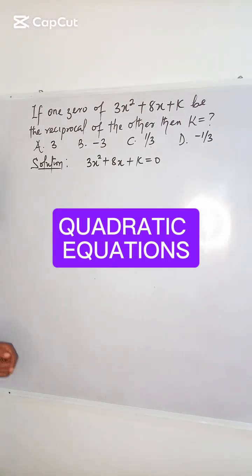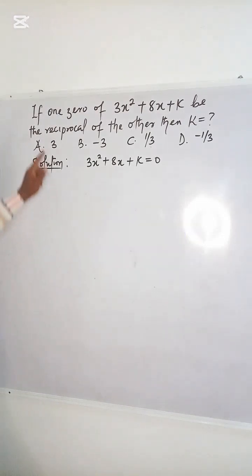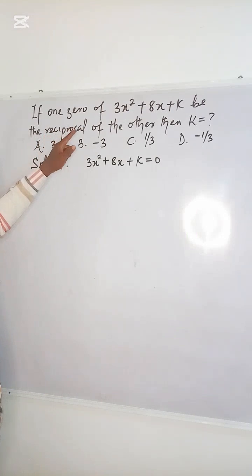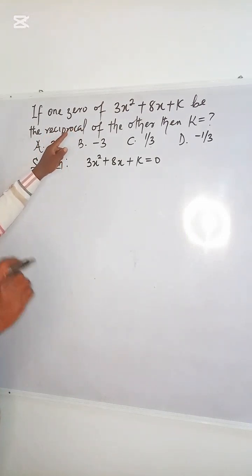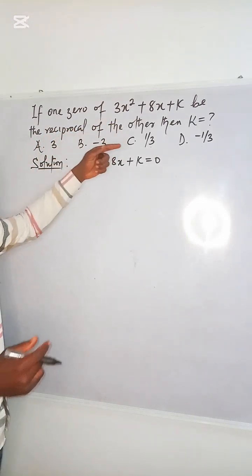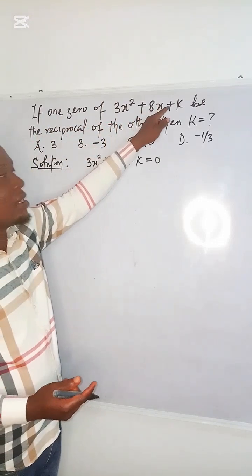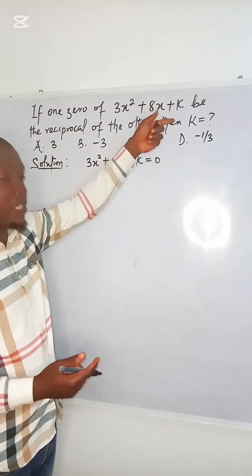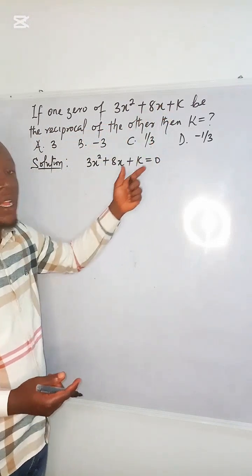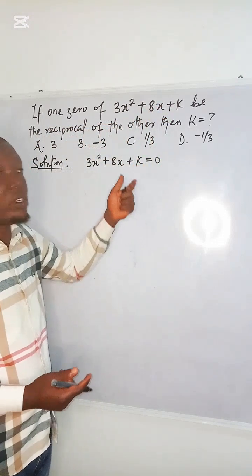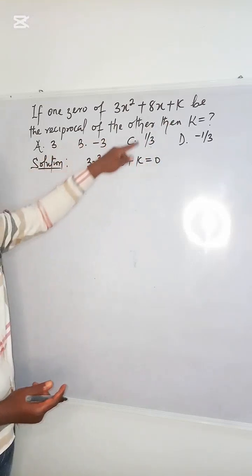We still have a question about a quadratic equation on the board. They say if 1 is a zero, the zero of a polynomial means a root. If one of the roots of this given equation is the reciprocal of the other, right? But it's an equation, because if you are trying to get the root, we have to turn it into an equation.